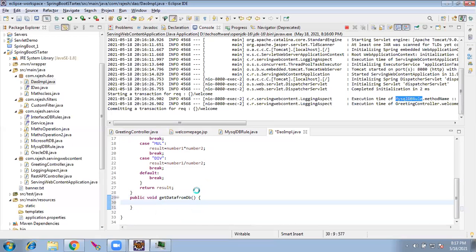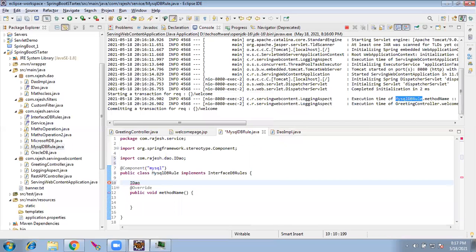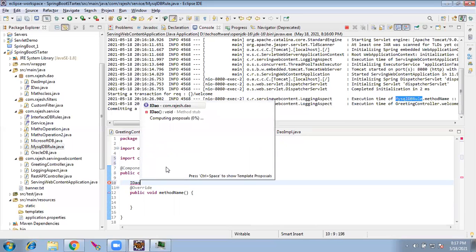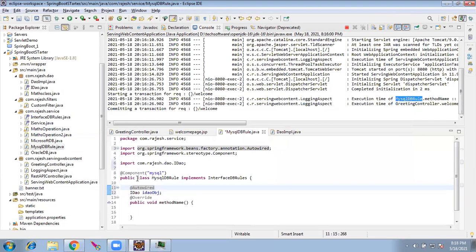I just want the control to come here. So from the MySQL DB rule, I will be injecting this IDAO object, and I have to give @Autowired here.